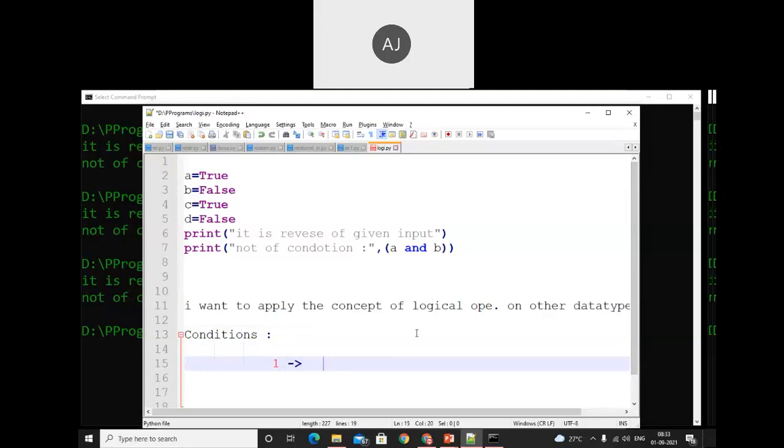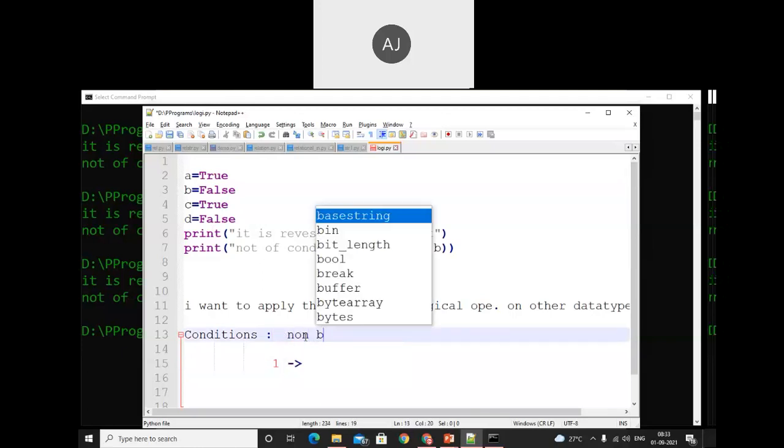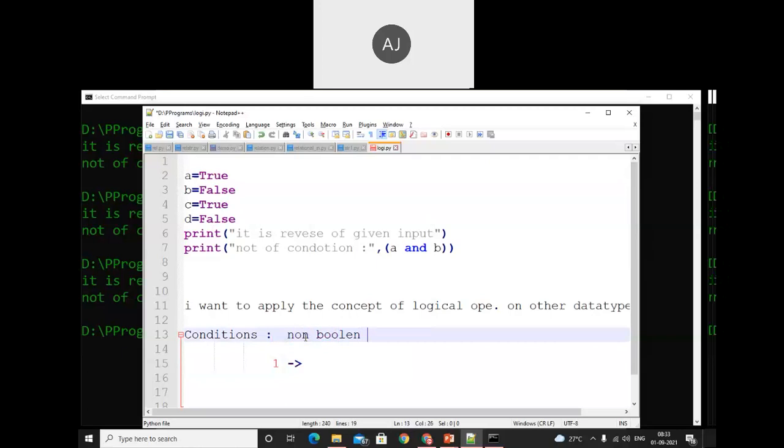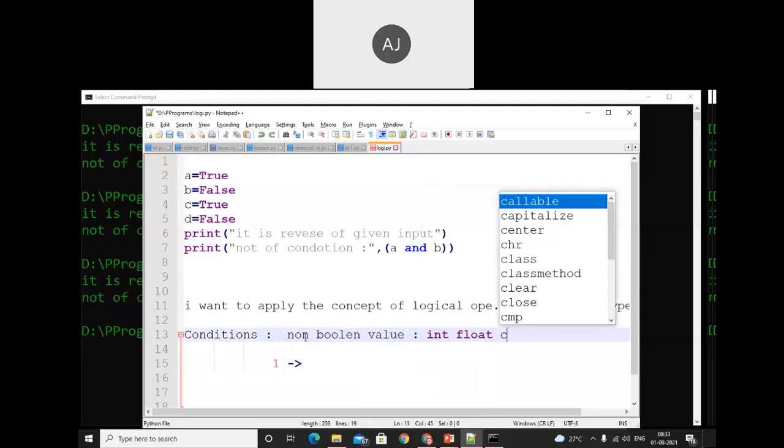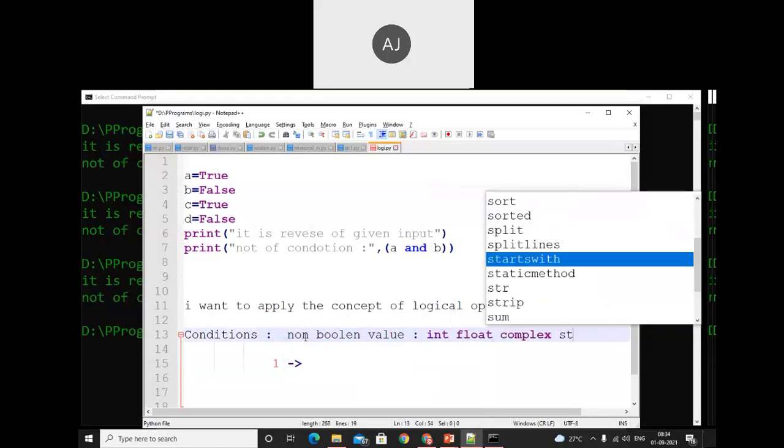Non-boolean means excluding Boolean. So we have four non-boolean values: int, float, complex, and string.